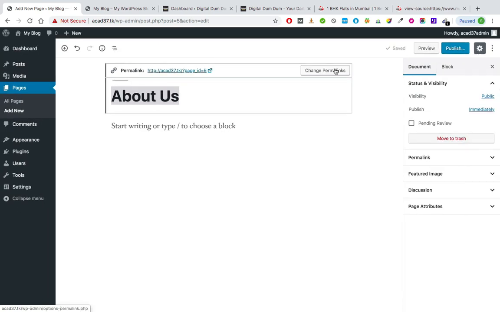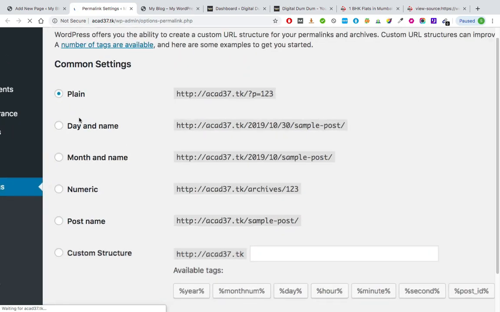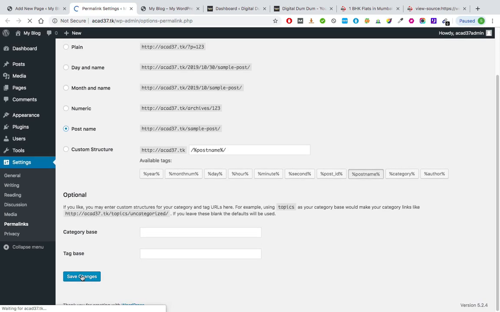Now, if you want, you can go ahead and edit the slug, change permalinks, select the change permalink option. It will take you to this page, and instead of plain, I want you to select post name. Okay, so whatever title you add will get added to the URL, to the permalink. So select post name and hit the save changes option.